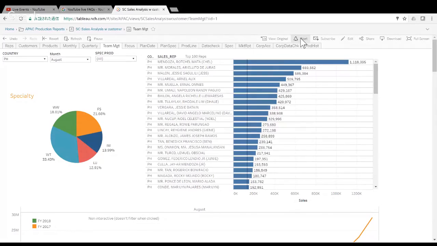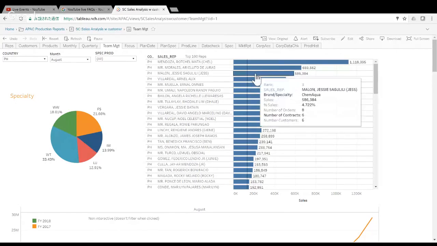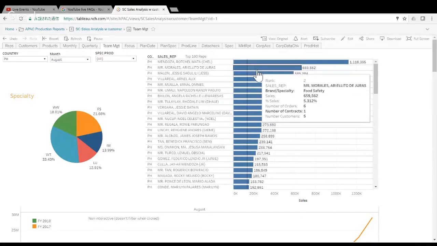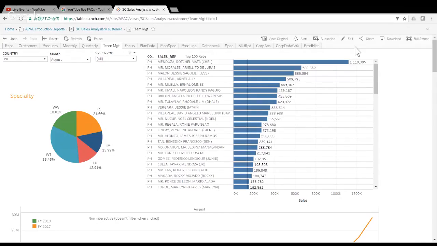Okay, something I need to emphasize is that this report in Tableau is based on invoices. So if there are no invoices, the sales will not be recorded here. This is based purely on invoices. Another thing is that you can also download,